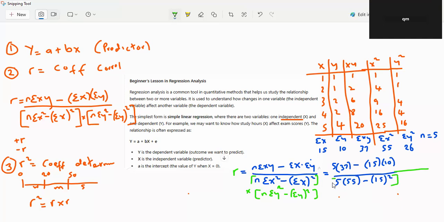What is the variation of y? We start with n. n is still 5, yes. Then summation of y squared. y squared is what? 266, right? Minus what? Summation of y to the power 2. What was our y? 10, right? y was 10. Yes, 10 to the power 2. So when you compute this, our R will be